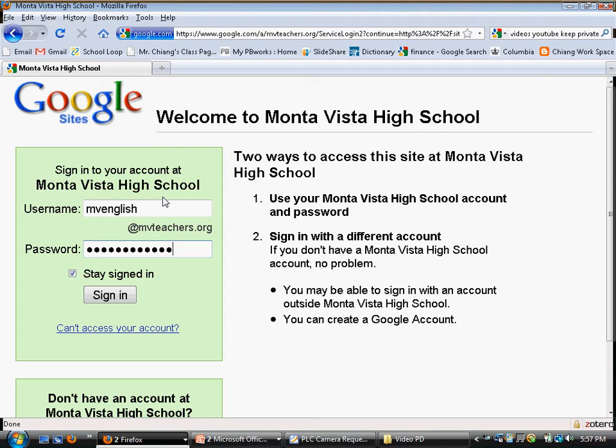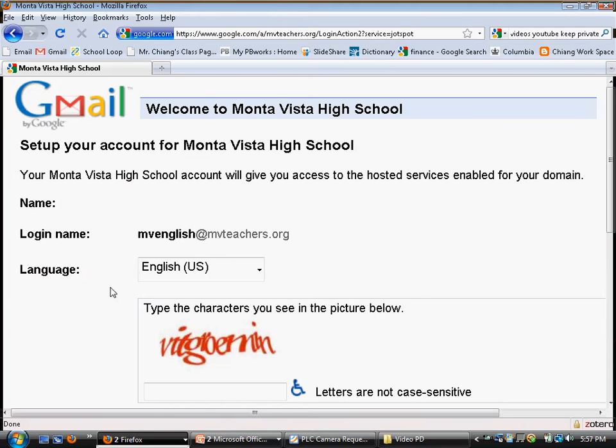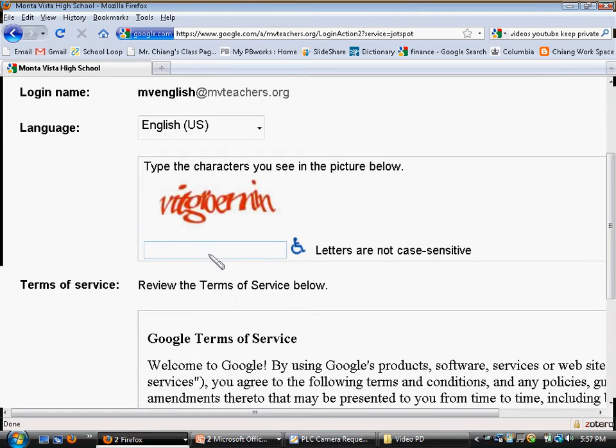With your department site, each individual department member actually has a Google account that's associated with the school that we can activate, and we'll talk about that a little later on. If departments choose to want to customize this a little more, we can activate the individual accounts. But for now, let's just log in with the joint account. So we sign in, and if this is the first time you've signed in, you'll have to